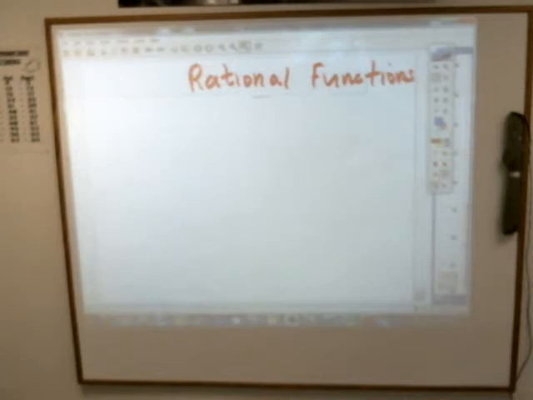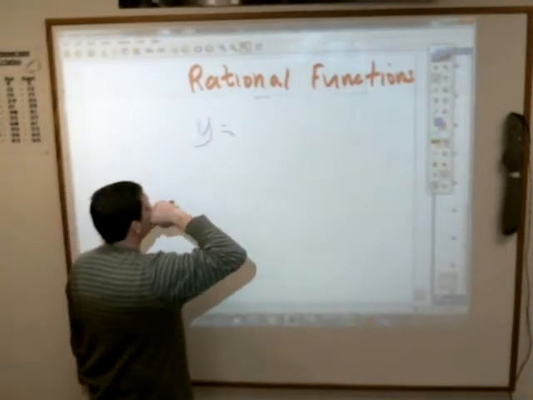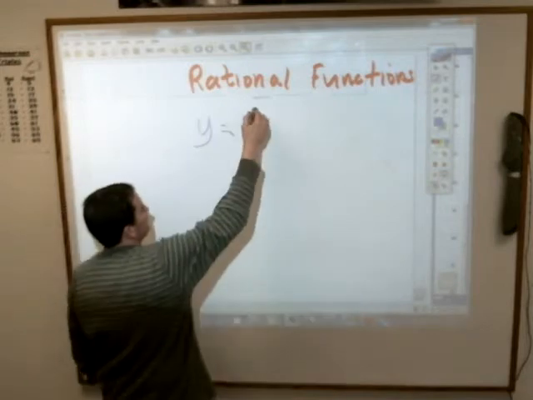Rational function. I guess the best way to talk about it is when they talk about graphing rational functions, they look like this. Y equals some number. Let's just make one up here: 7 over x plus 2